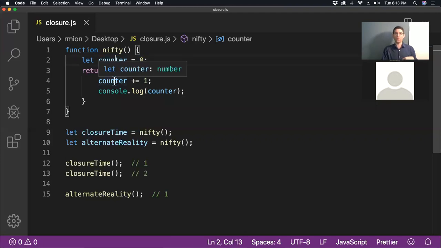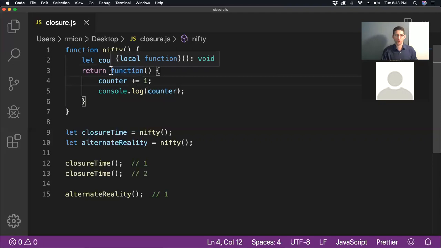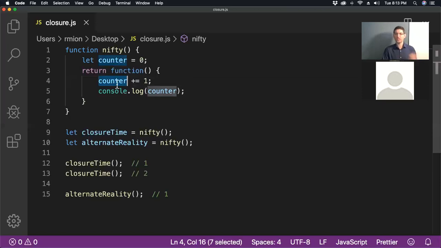And then when it adds 1 to counter, it looks up counter in that very specific place, that backpack, that is also called closure. So it's multiple terms, but JavaScript was smart enough to bring that backpack with it and to put counter in it. So counter, it knows what it is because it's in that backpack.